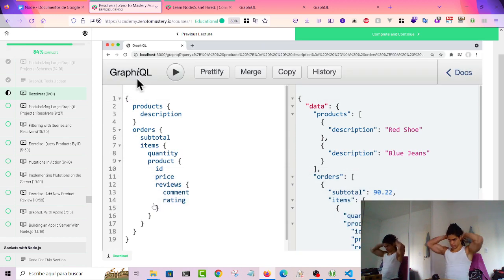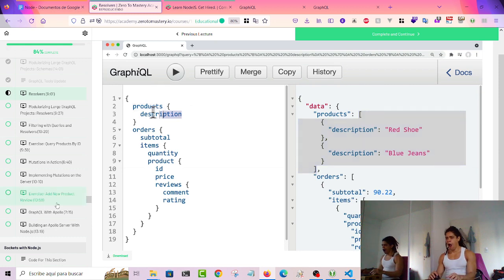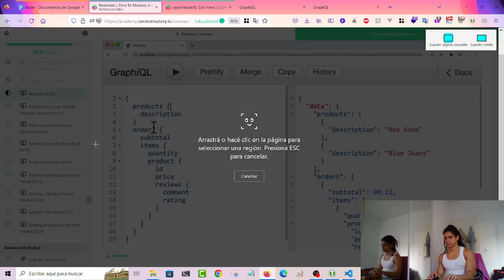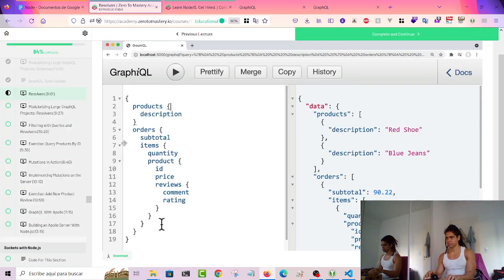When a field is included in our query, the corresponding resolver is called to provide the value for that field. When the server has called all the resolver functions found in the query, it then wraps all those values up and sends them back to the front end,